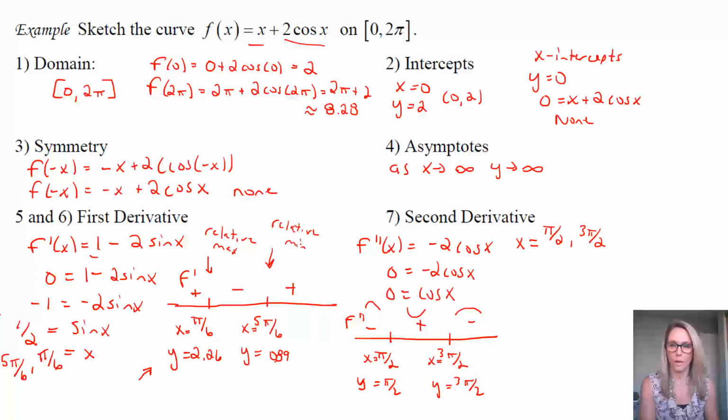So what you should do now is take just a moment before I show what this looks like, and put on your endpoints, and put on your points of relative max and relative min, and then also put on your points of inflection. And if you want, you can connect them, see if you can get that right, and then come and take a look at what we've got as the graph.